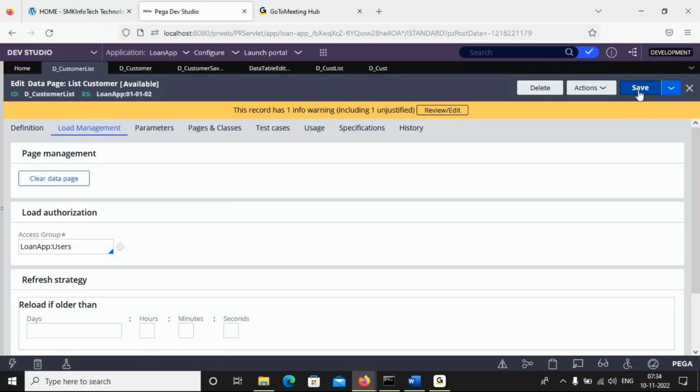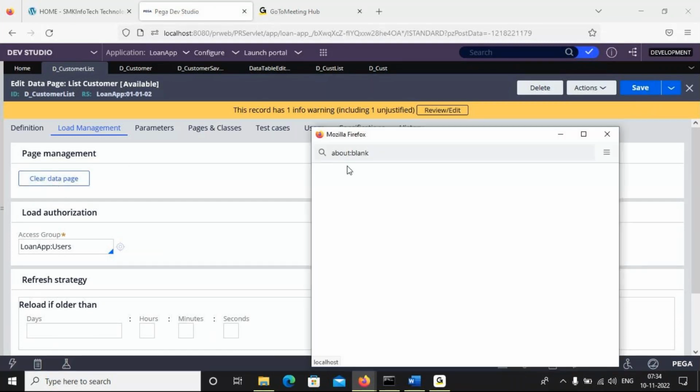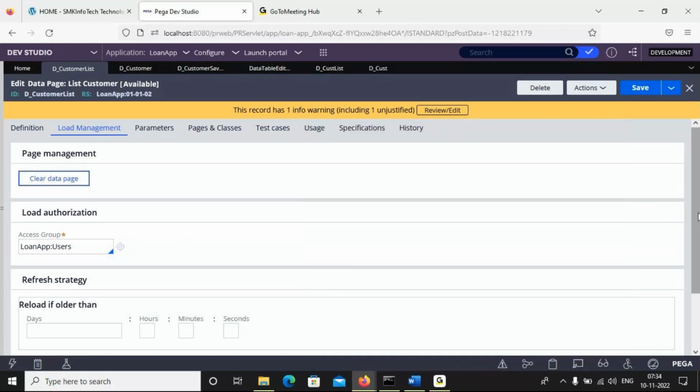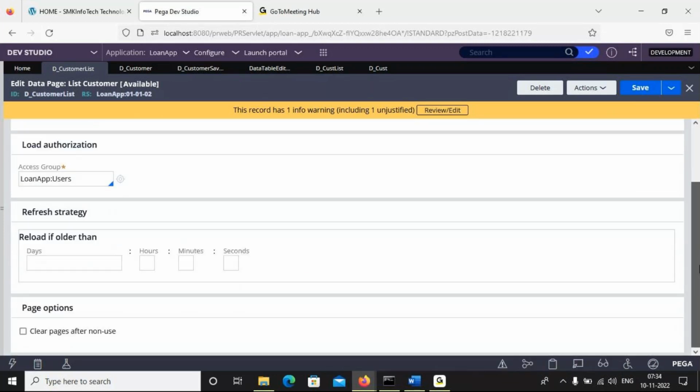What is clearing or clear database? That is what we saw when running a flush, right? That is the meaning: flush, deleting of the database inside the clipboard. Page management. A flush checkbox will come here. See that, flush all. And the remaining is the refresh strategy, which you know well. Refresh strategy is a particular schedule for the node, but if you go for thread and requestor, it will come per interaction also. Now just run it.